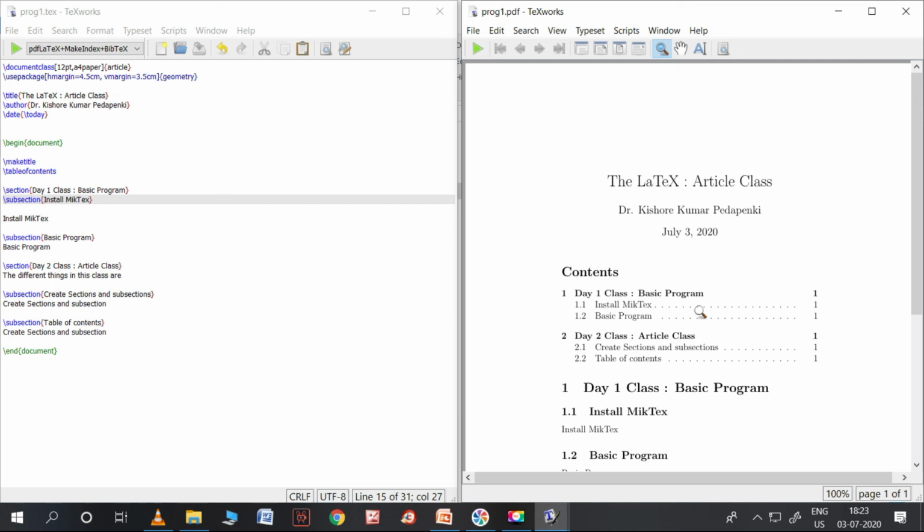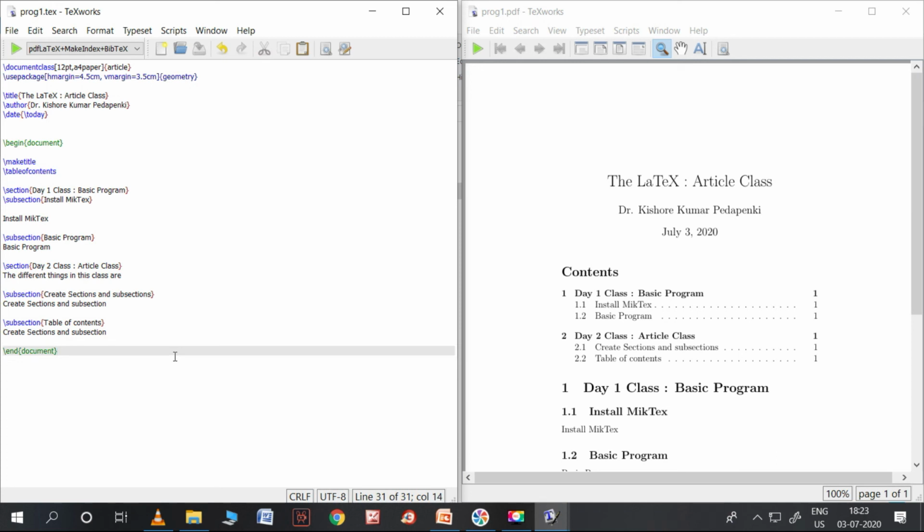So what we have learned today. Today's class is a very simple class. In the previous class, that means yesterday's class, we studied how to start the document class, how to begin document and how to end document, and how to print anything in between these two.